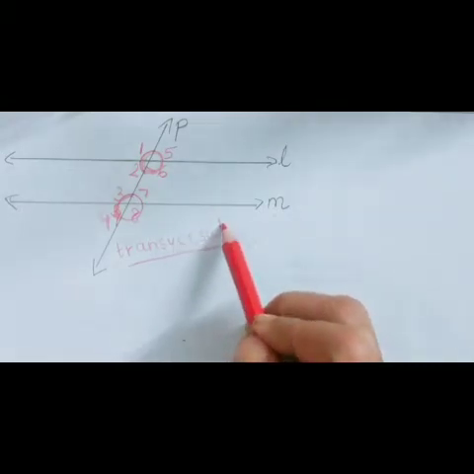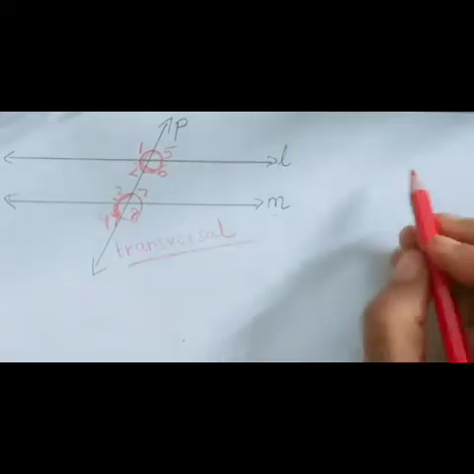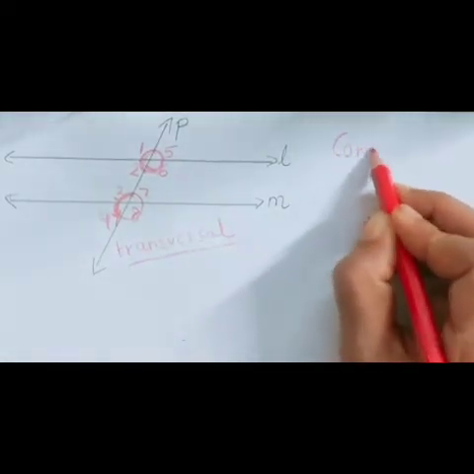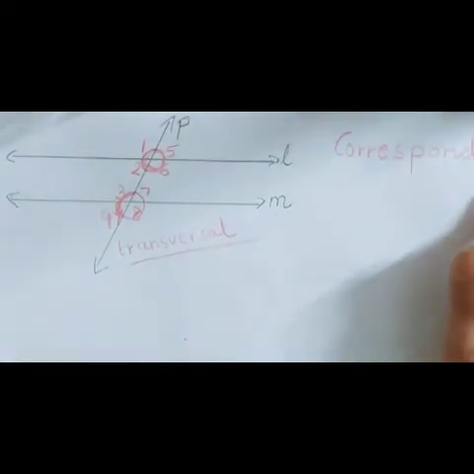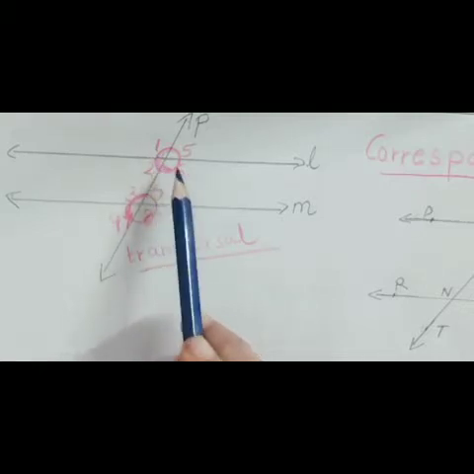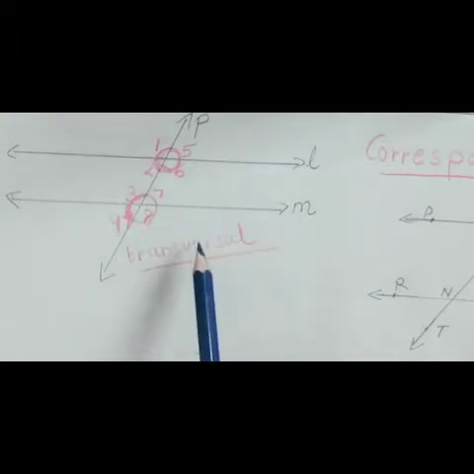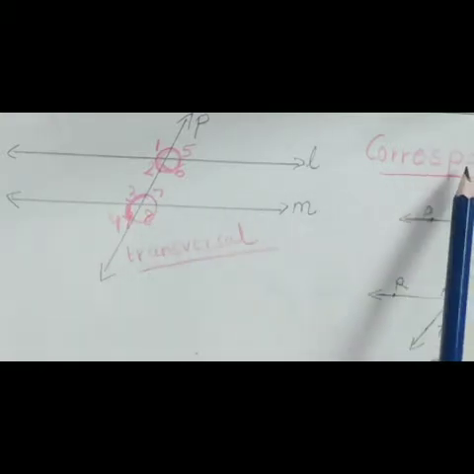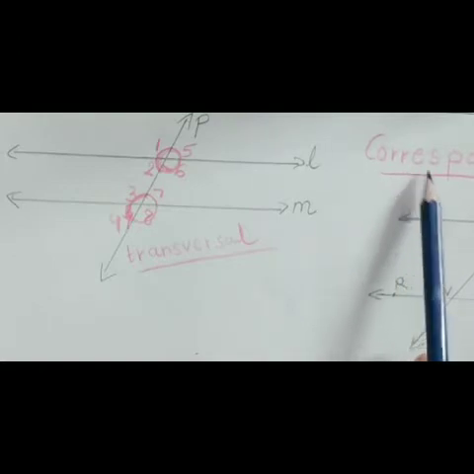Okay. Now these 8 angles are of different types. They are named in different ways. Now first we will see corresponding angles. So now how to know the corresponding angles? First I will show you on this previous figure only. In an easy way you will understand what corresponding angles are, and then we will do it on the final figure. Okay. So now here you can see the 8 angles are formed. On the first line, line L has 4 angles and line M has 4 angles.